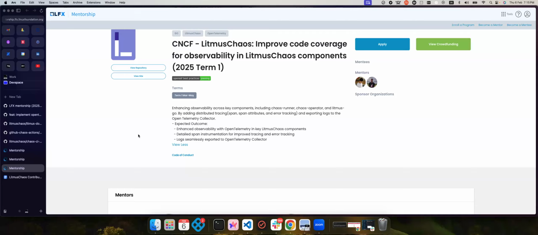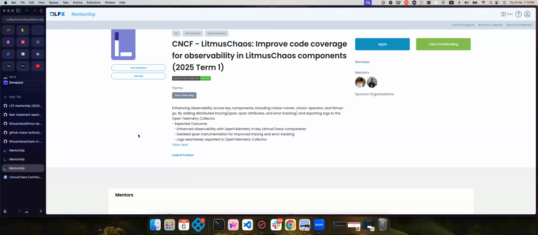We do not seamlessly collect the logs today. So we want to export the logs to the hotel collector so that we can again track things better with OpenTelemetry. Right now it's limited to certain components that Litmus uses. We want to expand that further and improve the coverage for observability. It's very compact now, and we want to expand. So this is more of a feature enhancement request task as part of this LFX, and this will be in Golang completely.